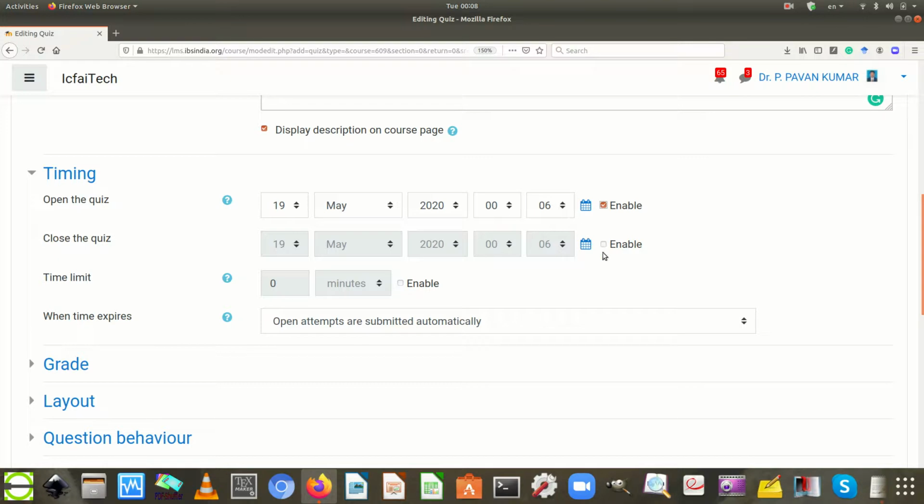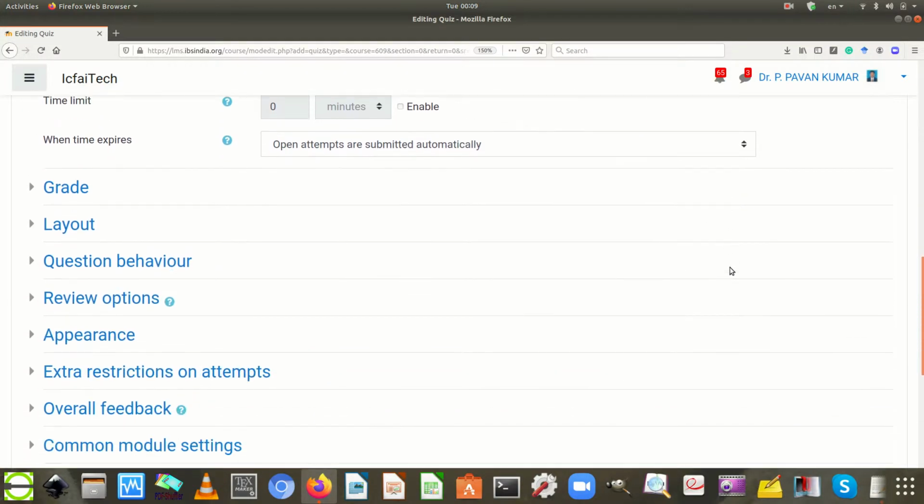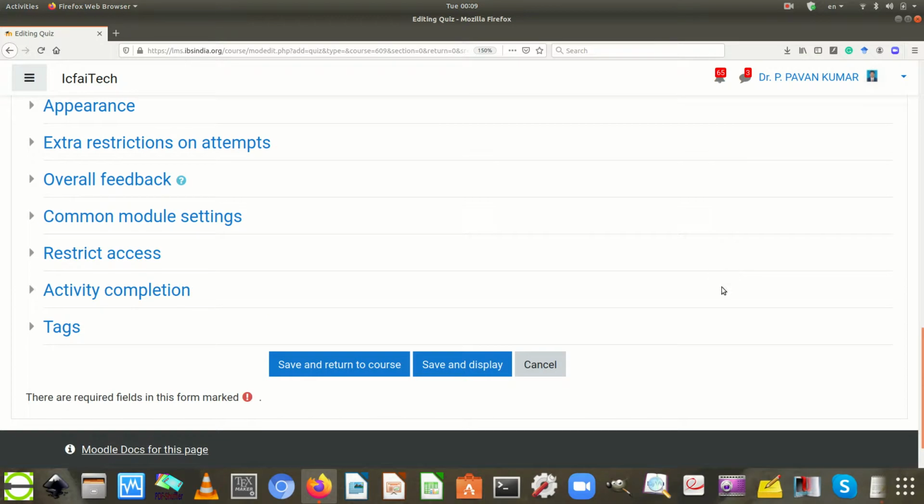At the same time, enabling the appropriate check mark associated with the close the quiz activates day, month, year, hours, seconds for the closing of the quiz.